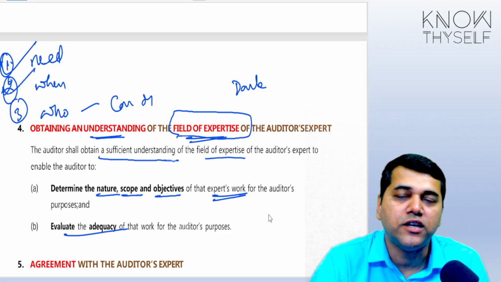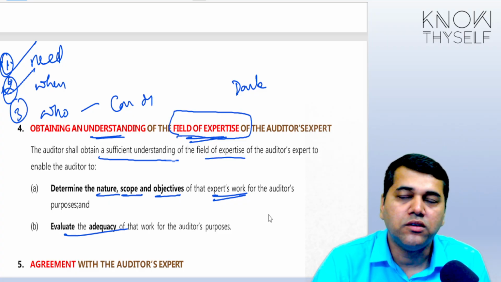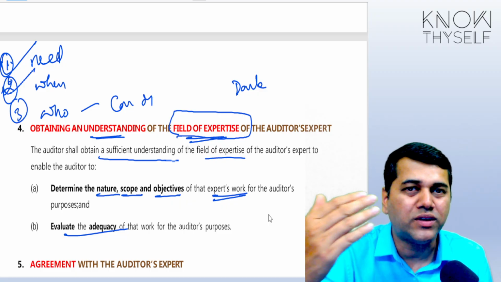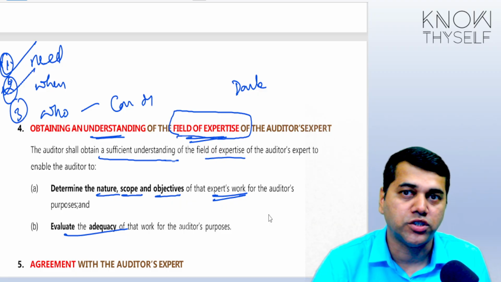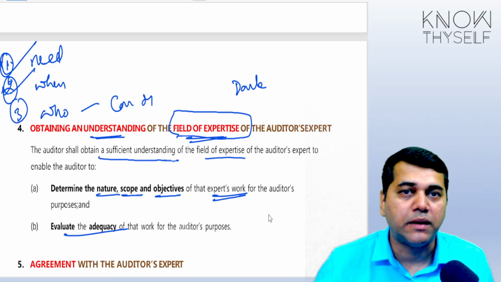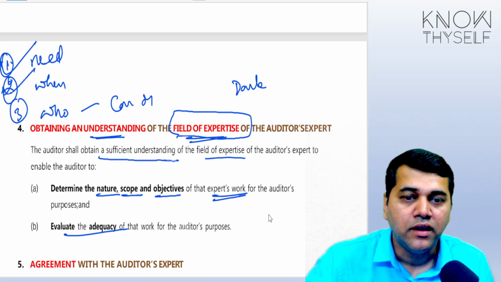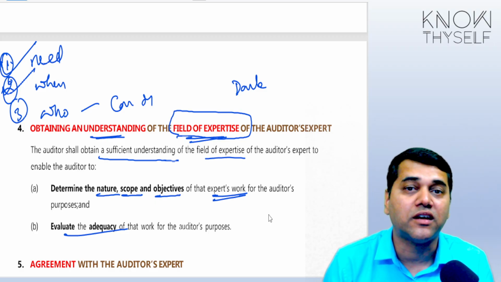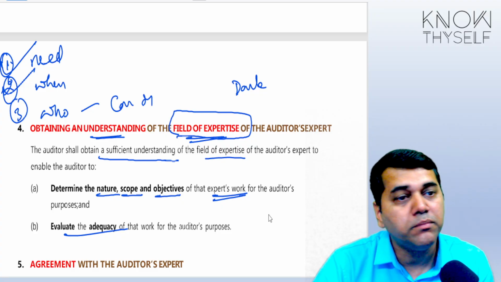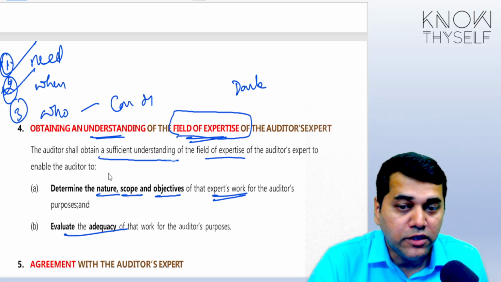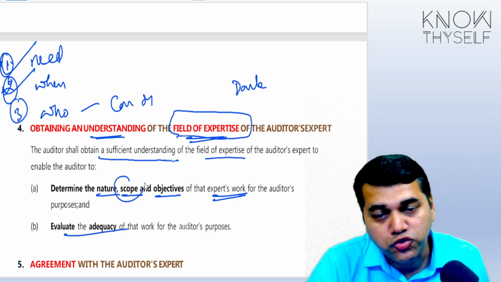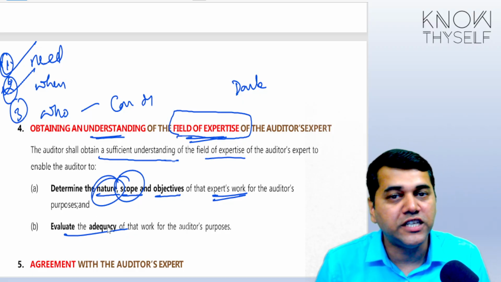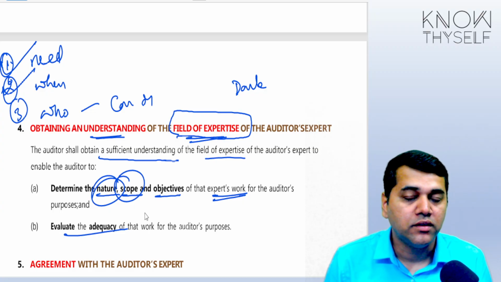Like for example, you have taken your car to a service garage. Now, they will open the bonnet and they will say this problem is there, that problem. Are you not going to try to understand now? You will ask them questions. What is the implication? What if this is going to happen? Is it going to stop me while traveling? With such types of questions, you get a better understanding about how the engine works, how the parts are connected. You need not become that mechanic, but at least you need enough to take a decision. What should be the scope? Should I give the repair? Should I replace the part? Because it is ultimately your decision. What should be the nature of the work to be carried out? And is that adequate? I hope it's clear.